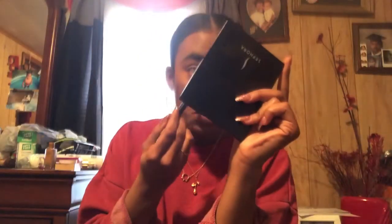This e.l.f. I think it's the concealer brush, honestly. I'm just shaking it off, and I'm gonna lightly dust this under my eye. It makes my under eye skin look so smooth and airbrushed, it's just bomb. Now we're gonna contour, and what I use to contour is this Black Radiance True Complexion BB